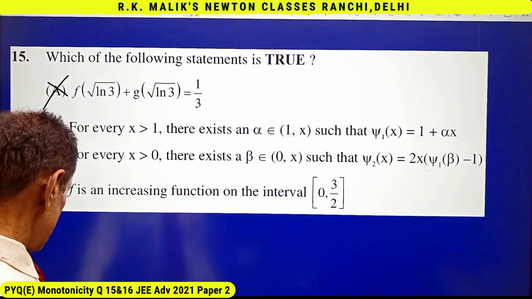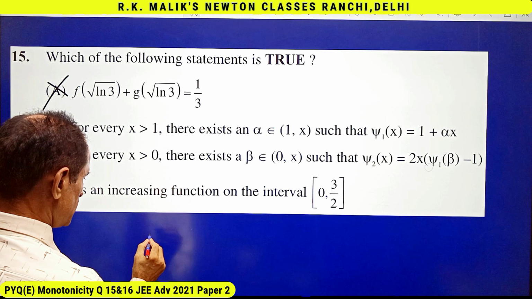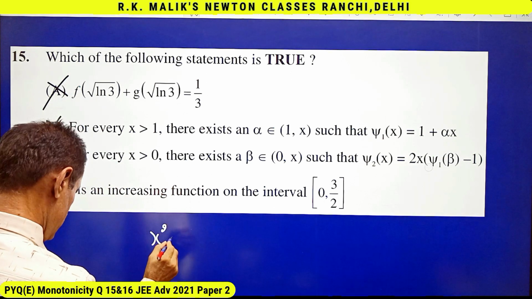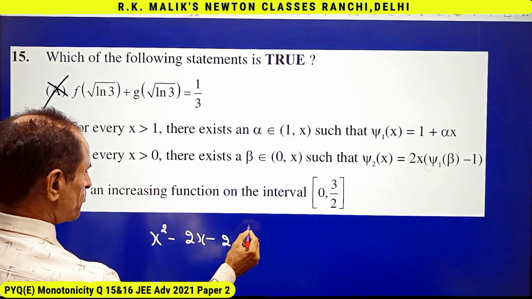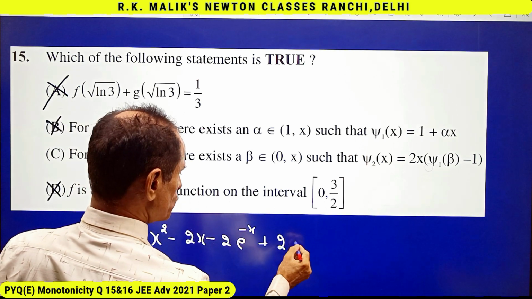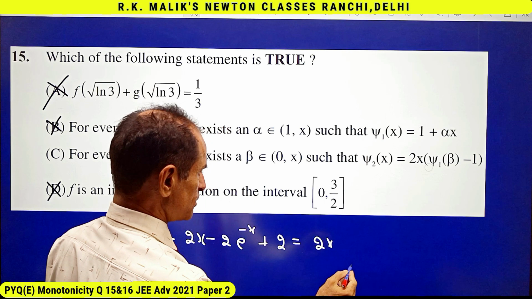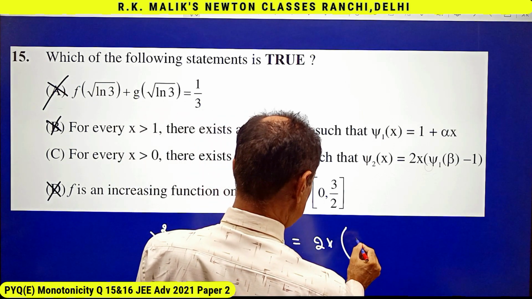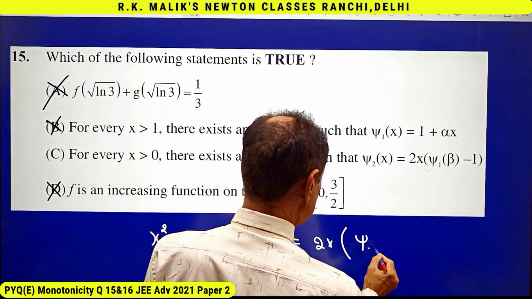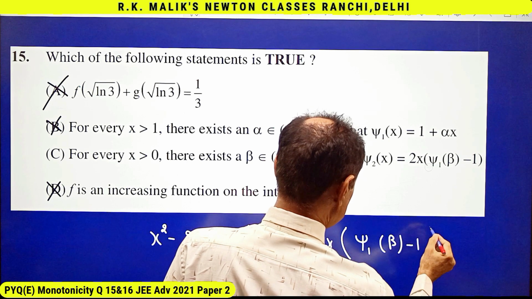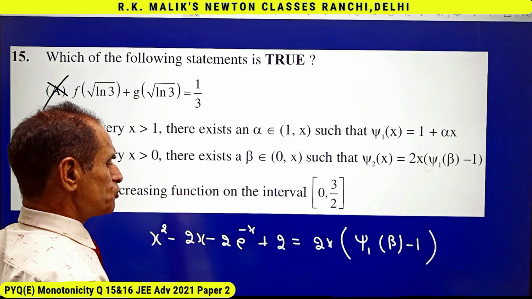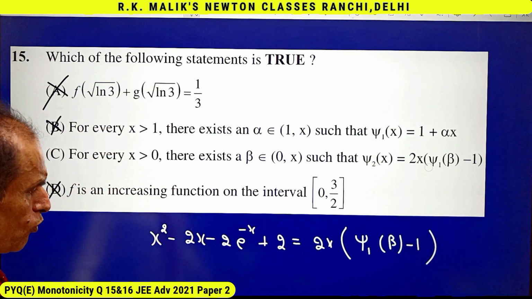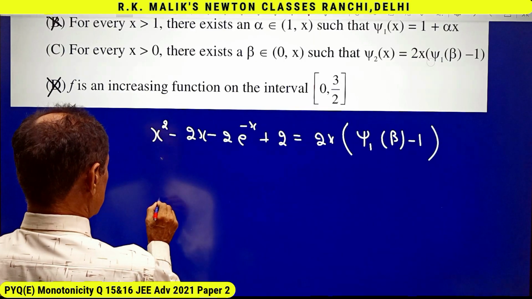To check this thing means I have to check x square minus 2x minus 2 e to power minus x plus 2 is equal to 2x into psi 1 beta minus 1 for at least one value of x in the interval 0 to x is true or not. That is, I have to check